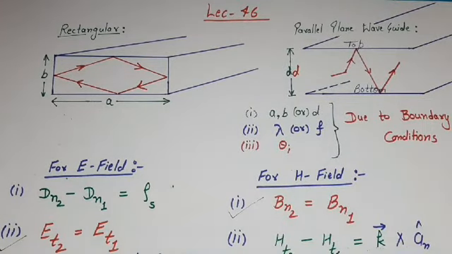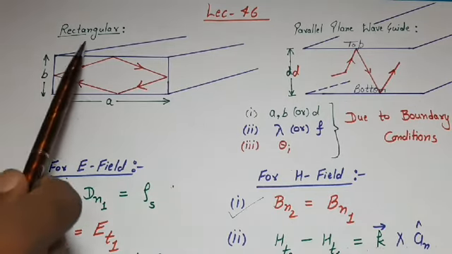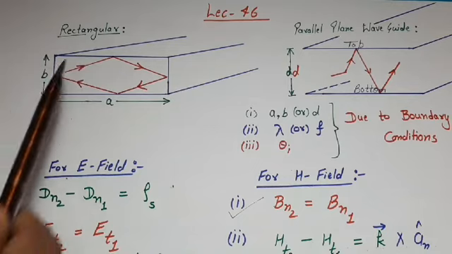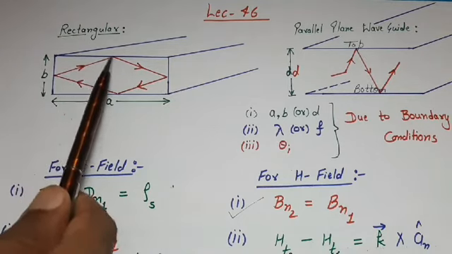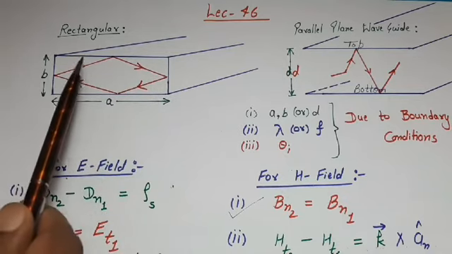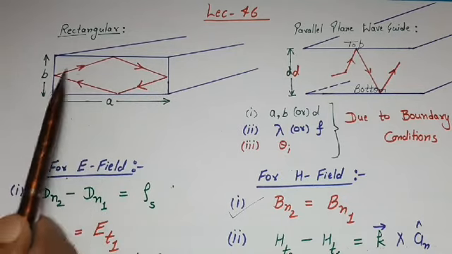In the previous lecture, we have seen there are two types of waveguides. Number 1, rectangular waveguide; number 2, circular waveguide. In this subject, we will learn about rectangular waveguide only. In rectangular waveguide, during the wave propagation, the wave is restricted by 4 metallic walls. Those walls are upper wall, lower wall, left wall and right wall.